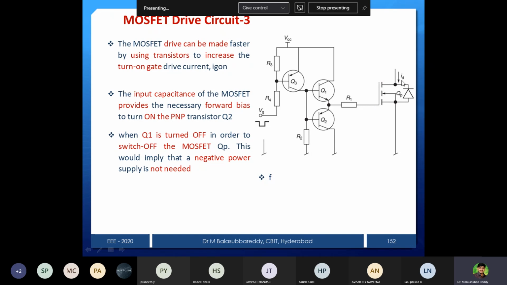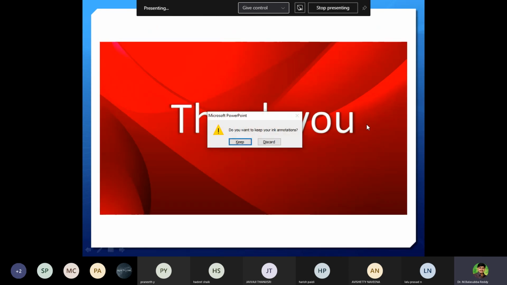What we replace here is the MOSFET with the IGBT symbol. The gate stays the same, and instead you use collector and emitter. This way we make it an IGBT. That is the difference. So this is the end of our